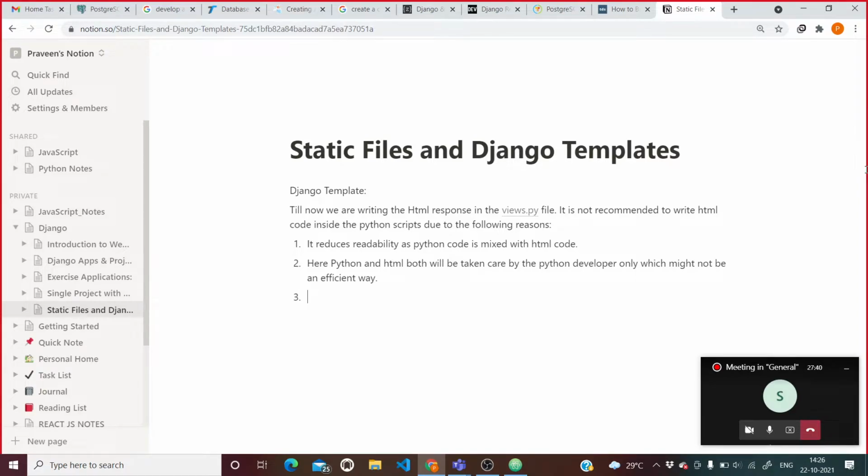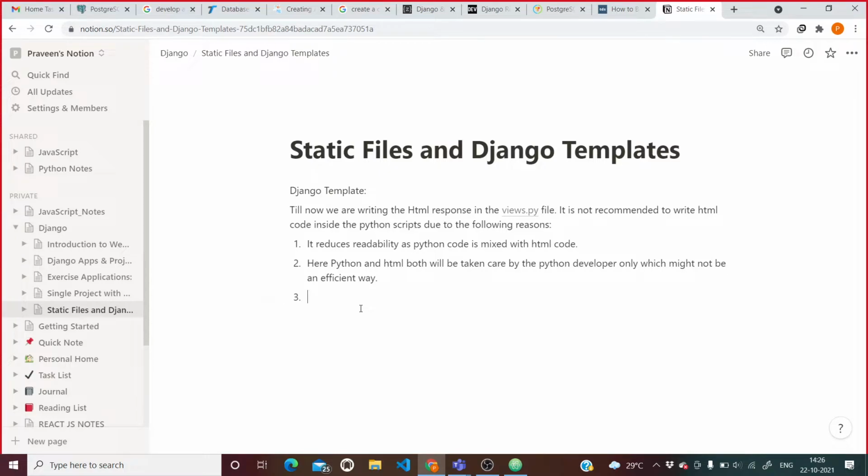Nowadays full stack has arrived, but we still can't think as well as a designer. There are front end developers and front end designers. The front end developer develops the layout or UI given by the front end designer. If HTML is also taken care of by the Python developer, it might not be a very efficient way to write the code.